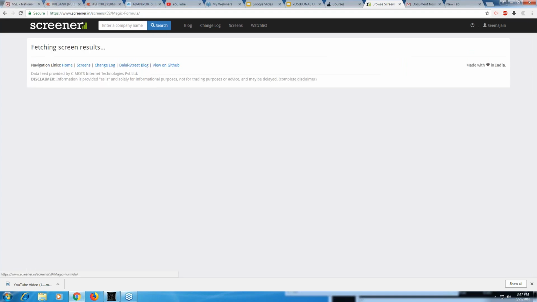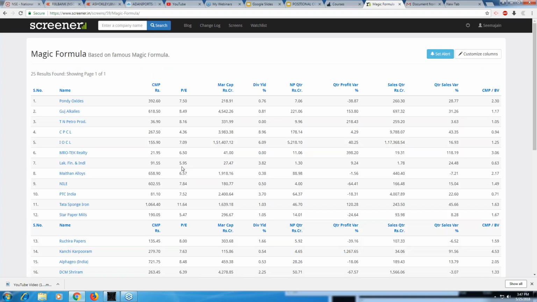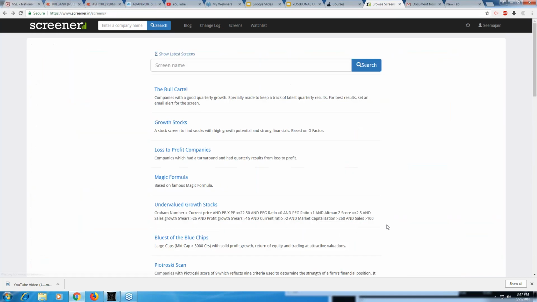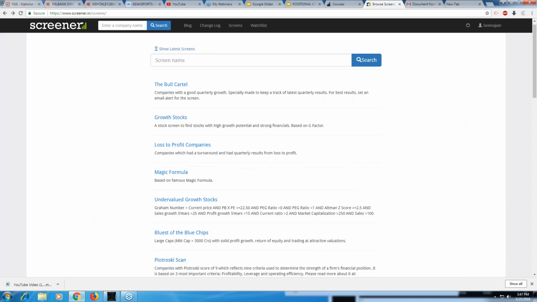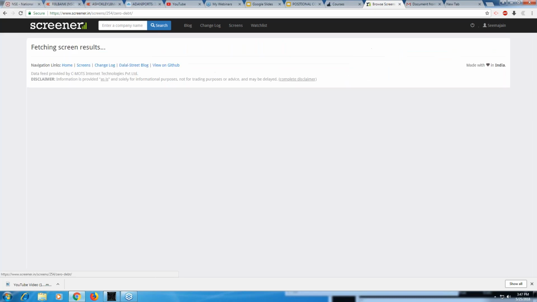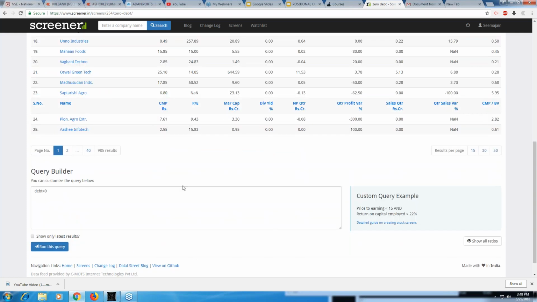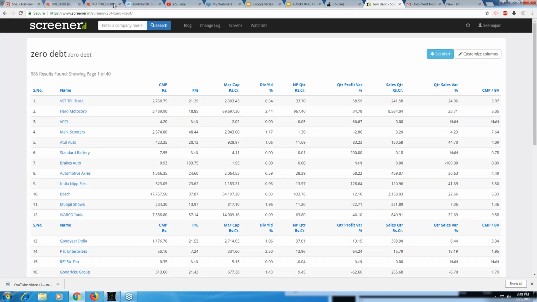So you can find a magic formula, right? So you get about 25 results over here, and different companies which have this magic formula. And then a different thing that you want, zero debt. You just want to invest in companies which have no debts. So VST Tillers, right? All these companies, you get quite a lot, 985 results. So this is screener.in. How I use it, of course, is to filter out the stocks,